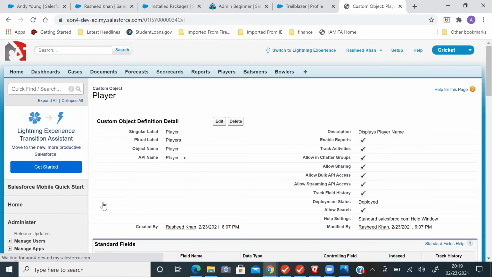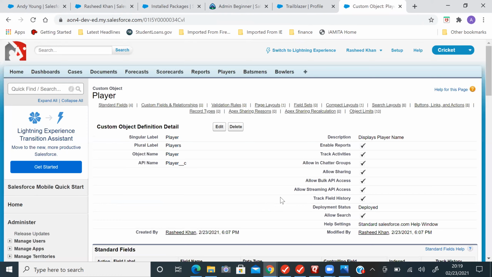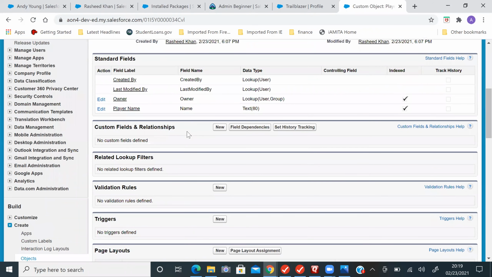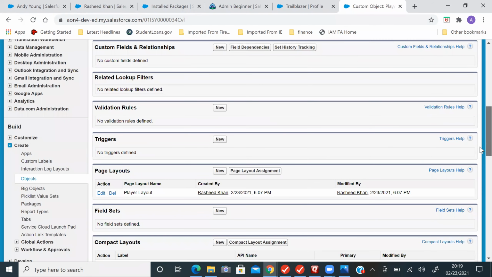Object definition. Okay, now you will see, come down. Fields and relationships. Click on New, custom fields and relationships.